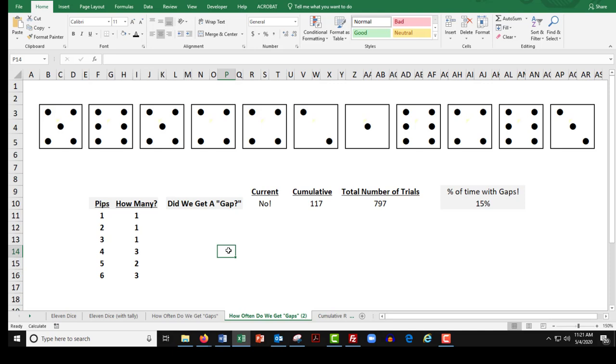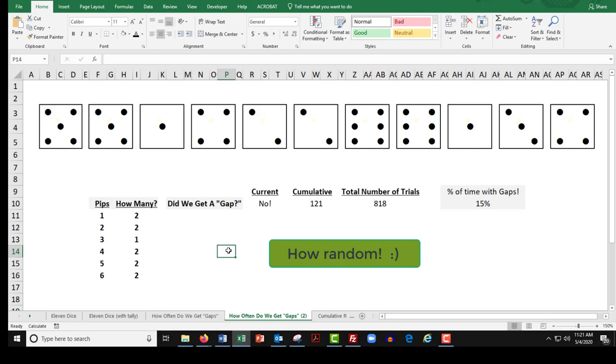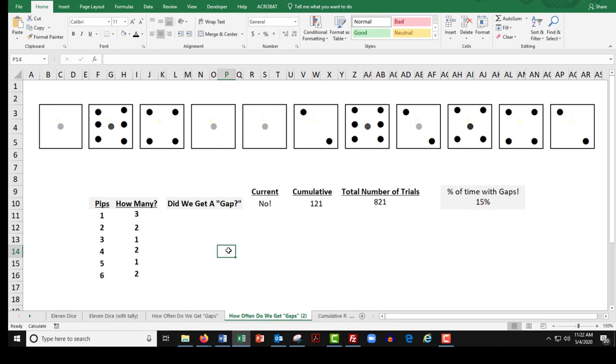So you can press it 7 times. 1, 2, 3, 4, 5, 6, 7. I got 1 in 7 that time. Again, 7 presses. I got none out of 7 that time. Again, 7 presses. I got 3 out of 7 that time. You see what's happening? I got 1 out of 7, then I got 3 out of 7, and I got none out of 7. Only one of those was exactly 15%. Another 7 presses. That was 2 out of 7. Only one of those 4 results was exactly 15%.